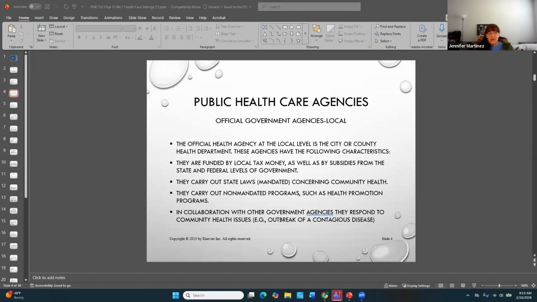If they can't handle it at the local level, they may have to ask for state or federal people to come in and assist, depending on the disease or the issue that was going on. I also spent a day with the epidemiologist. That was actually pretty cool. She told me about some of the things that were going on, and this was a really long time ago. She told me about a salmonella outbreak at a wedding one time, and they had to do a whole investigation. I thought that was pretty cool.